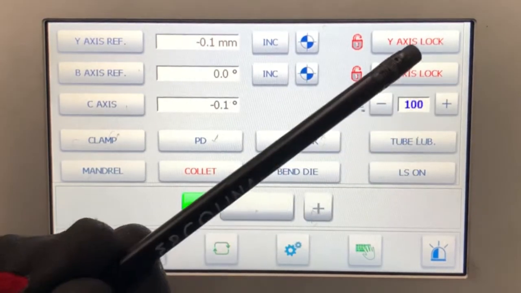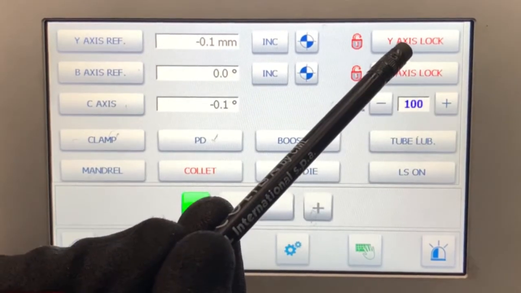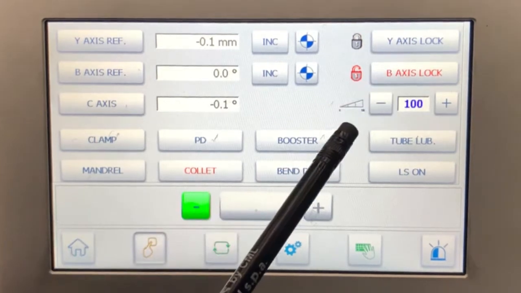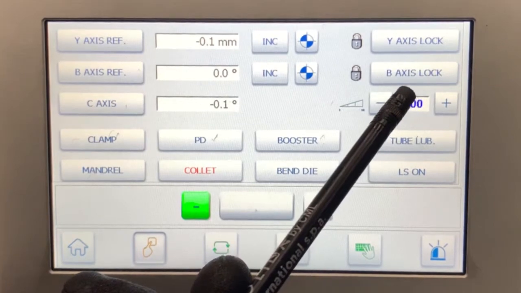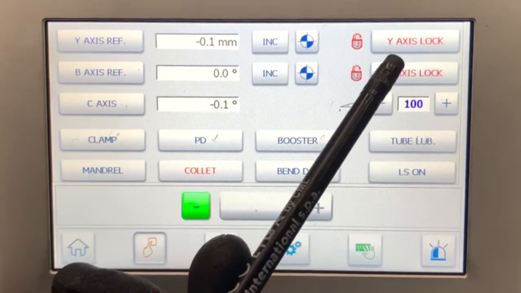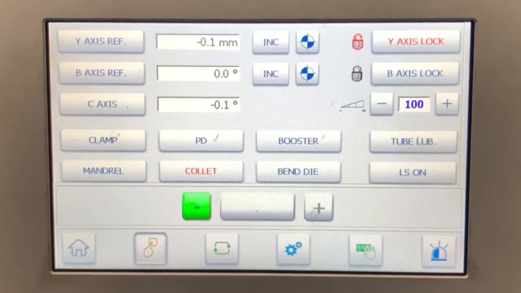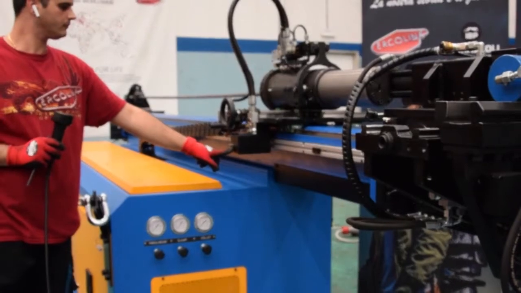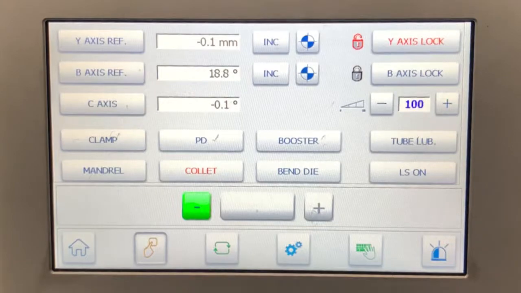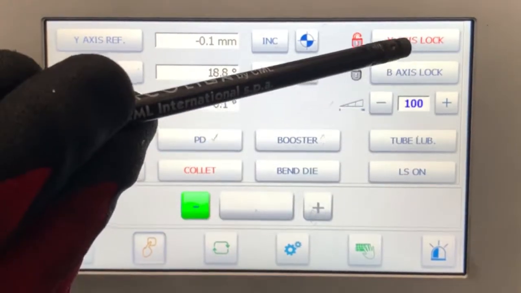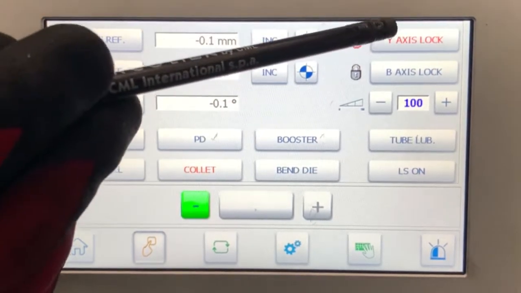Then, always in manual, we have Y-axis lock and B-axis lock. By pressing this, I will activate my mechanical stops on Y and on B. Here I have all the mechanical stops for the length, and here you can see the pin coming in and out if I press Y-axis lock or unlock.